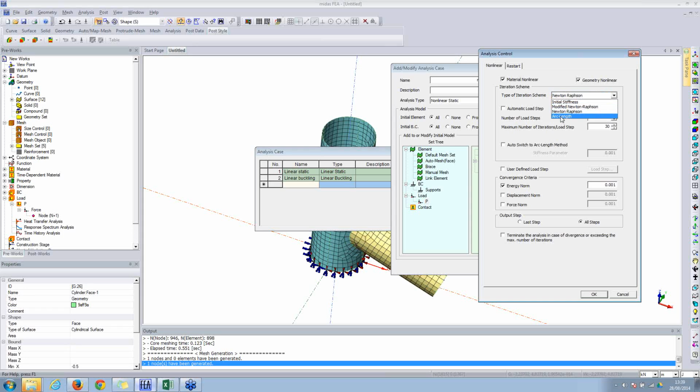Sometimes we may need arc length. This is a special feature within Newton-Raphson. So this is nothing different from Newton-Raphson, except that in arc length we can take care of situations like snapback. If the stress strain curve snaps back, for those types of situations, arc length iteration can be used. But Newton-Raphson is the most commonly used